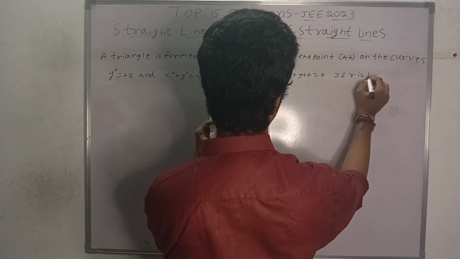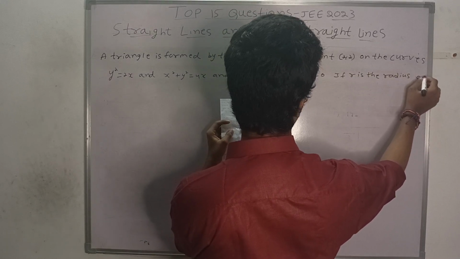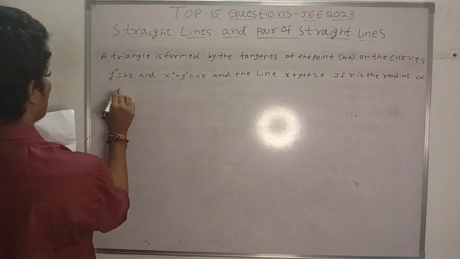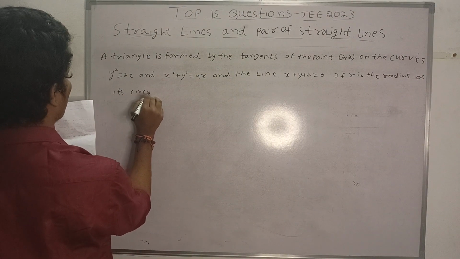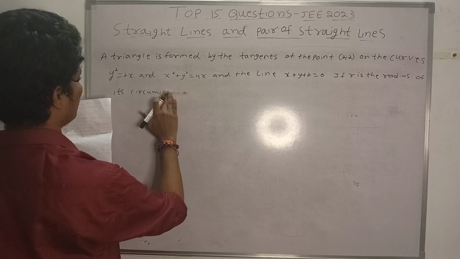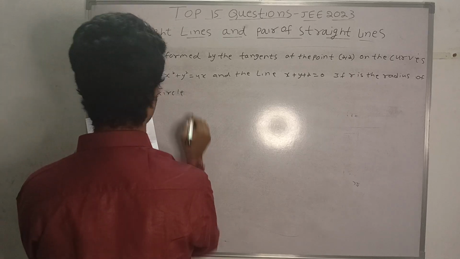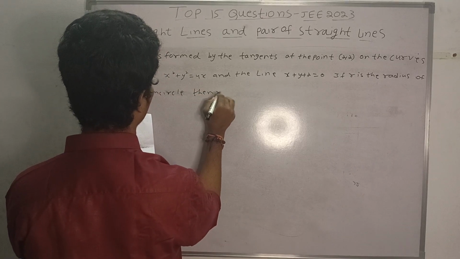If R is the radius of its circumcircle, then R square is